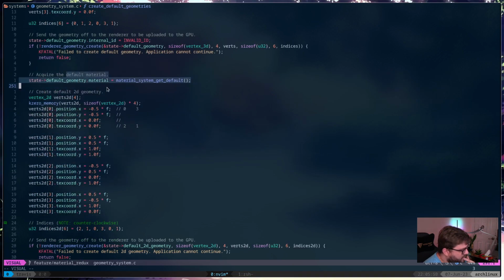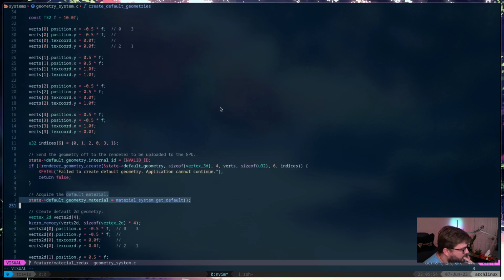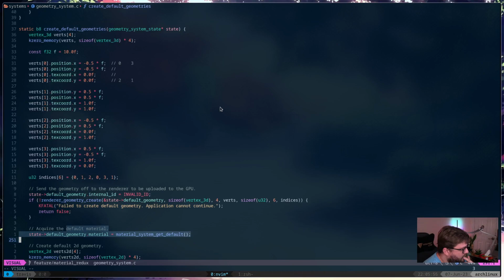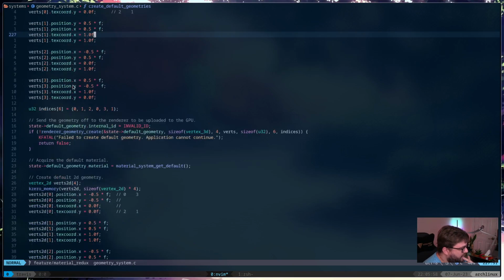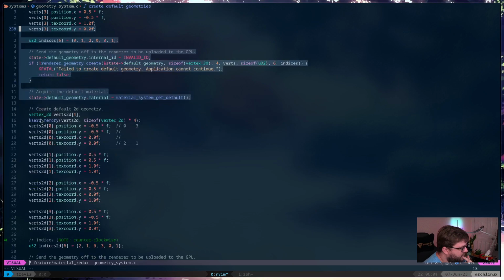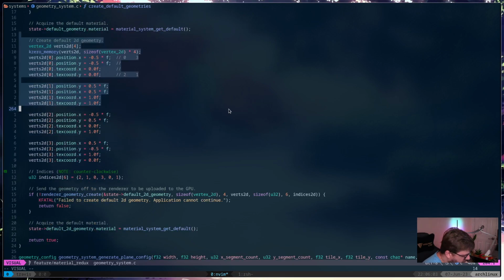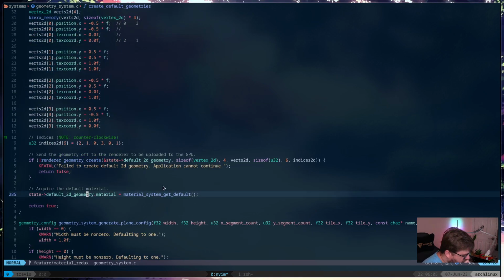Why are we getting this? Oh, I see. This is for the default, and then this is for the 2D. Right. So yeah, this is definitely wrong.